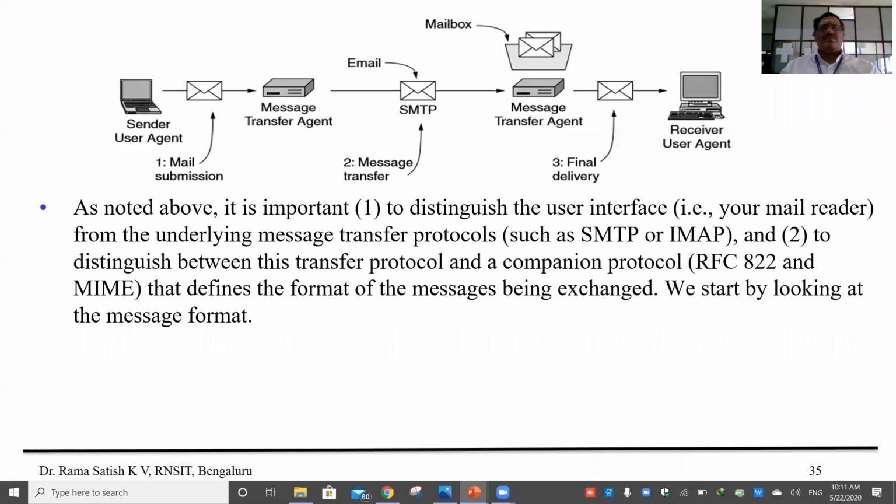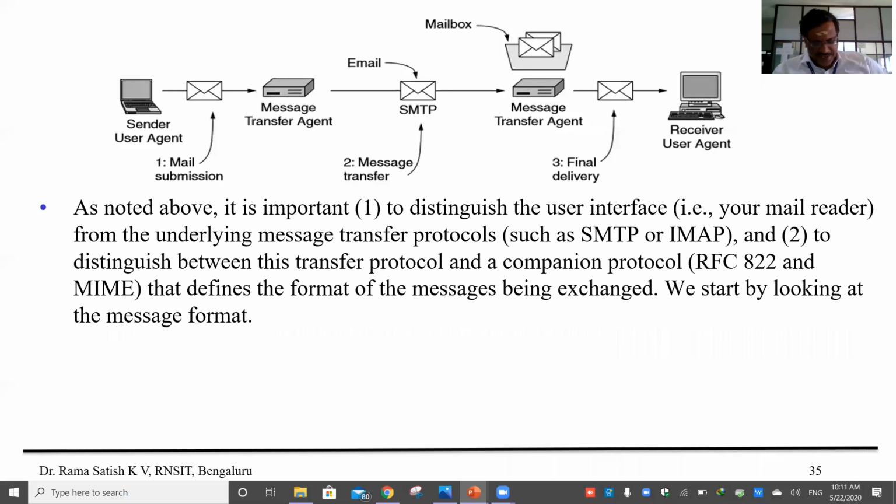Now, as noted above, it is important to distinguish the user interface. You have to perfectly create a user interface. Once the user interface comes, they will be able to compose and send mail easily.